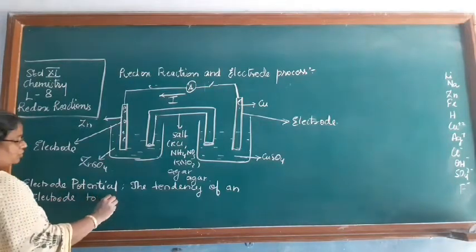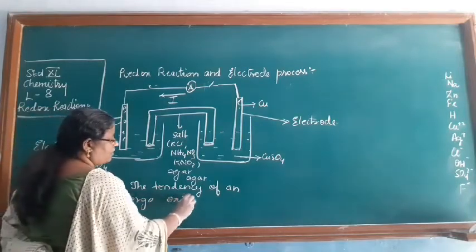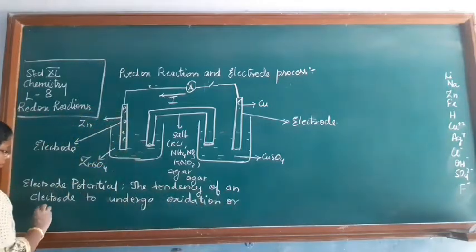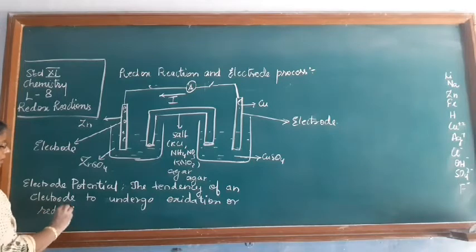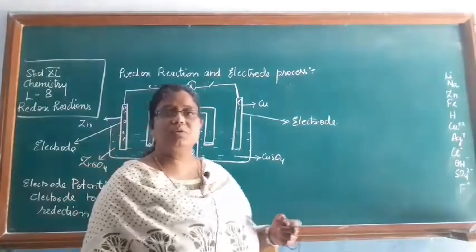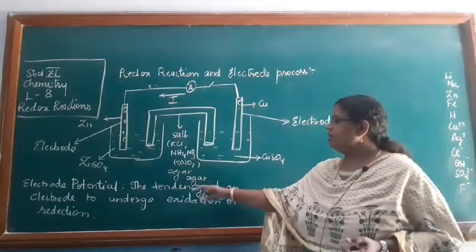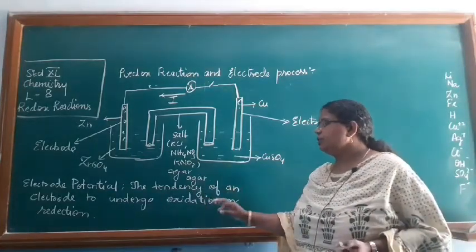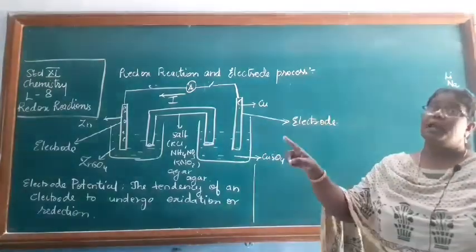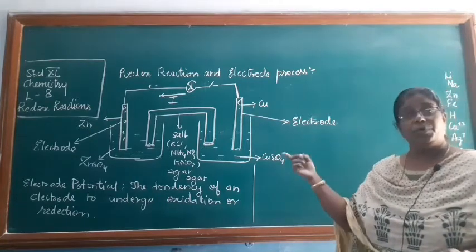Tendency of an electrode to undergo oxidation or reduction, ठीक है. तो इलेक्ट्रोड या तो इलेक्ट्रॉन लूज करेगा और ऑक्सीडेशन occur होगा उसमें, या इलेक्ट्रॉन will be gained और reduction will occur. So electrode potential is the tendency of an electrode to undergo oxidation or reduction. If the electrode is undergoing oxidation, तो उसका क्या हम measure करते हैं, that is the oxidation potential of that electrode